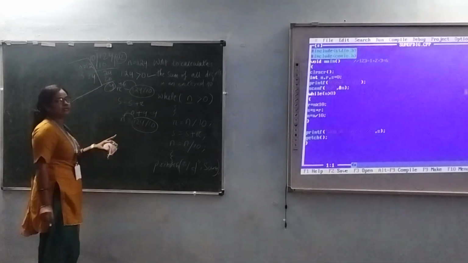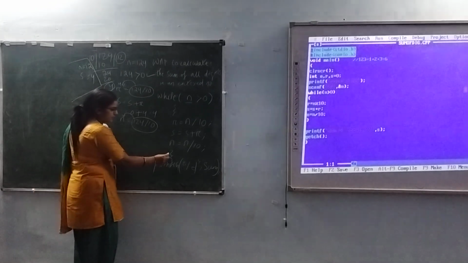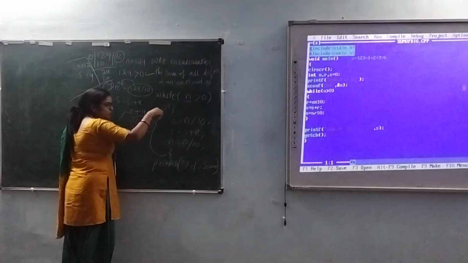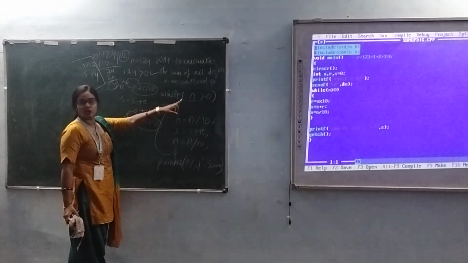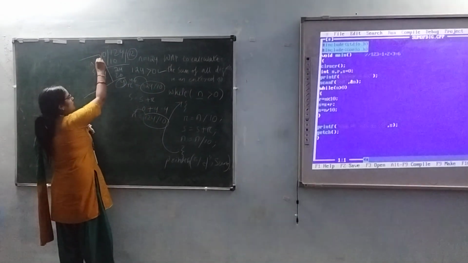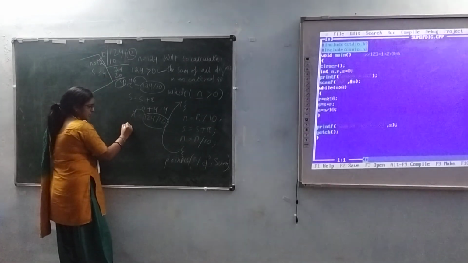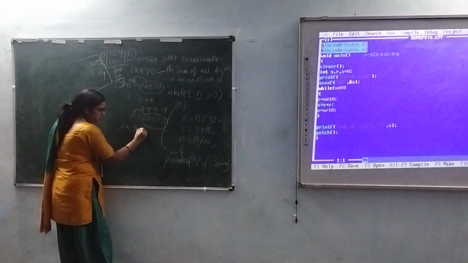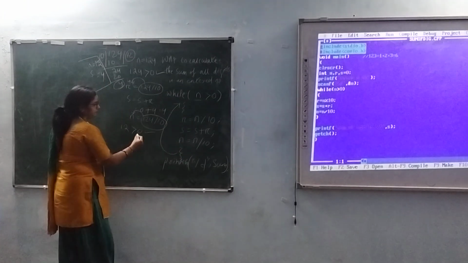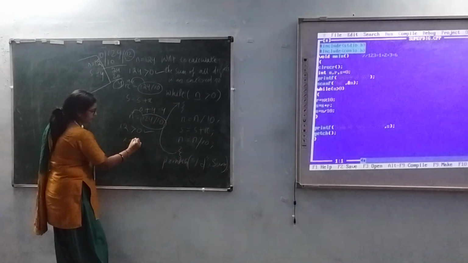So this is the current state of the program. Then after that, this is the closing curly brace. So definitely it will go back to the loop. Again it will check whether n is greater than 0. So what is the value of n now currently? 12. So it will check 12 is greater than 0. Yes, true. Then again all these statements will be repeated. That means r will be 12